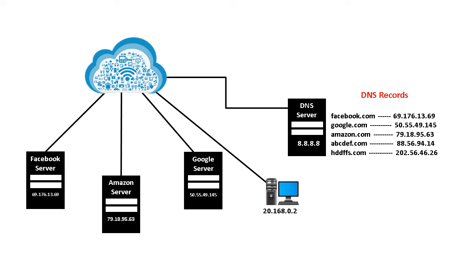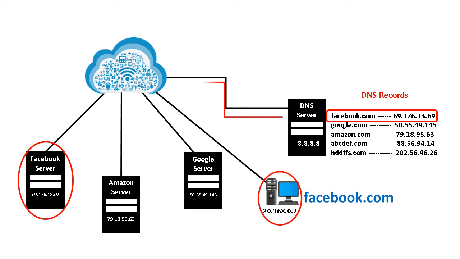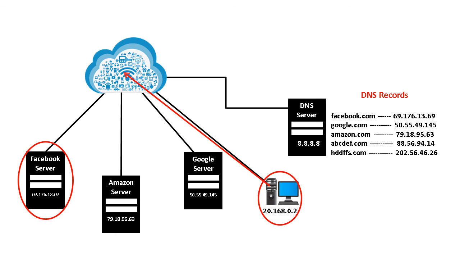That is why when we access any server or any device that is connected in a private or public network through its IP address, it responds quicker compared to when we request through the domain name, as it takes some more seconds for the DNS server in between to search for the intended device's IP address in its database and send it back to the calling device to access again with the IP address.